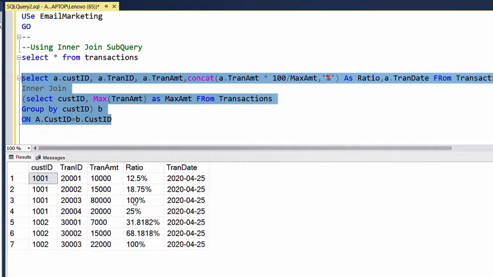So you can see now we have the percentage rather than the ratio. So 12.5% is the percentage of 10,000 out of 80,000. Then 18.75 is the percentage of 15,000 out of 80,000, and the same calculation for the other client. So this is how we can use the subquery with the inner join.